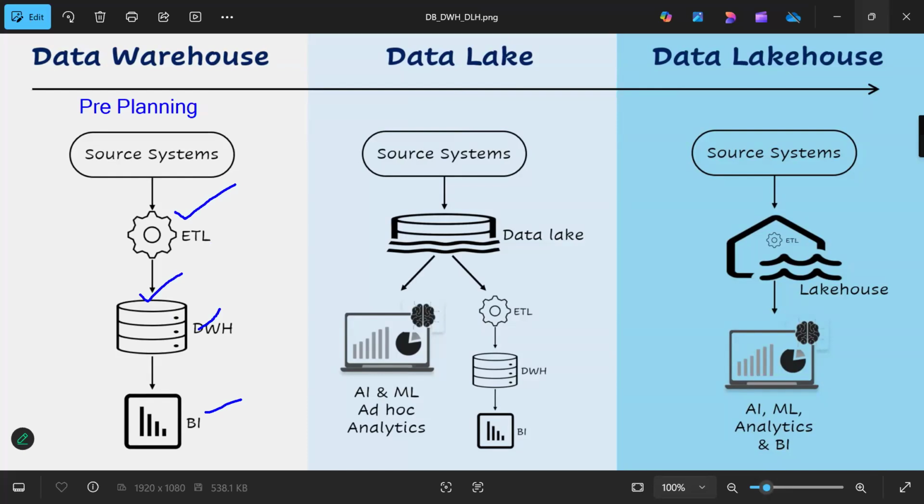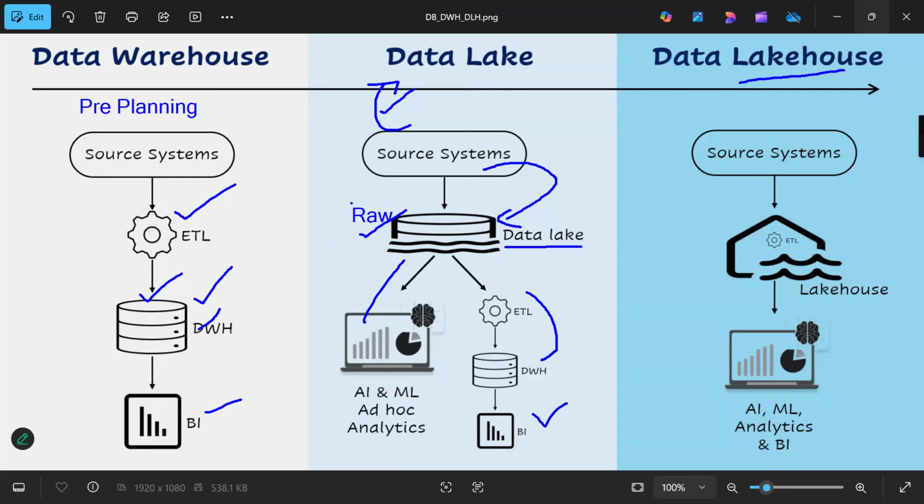But nowadays the data may come in different formats. We cannot assume every time that the source has only one day of data. We stage or land the data in its natural, raw format in the data lake. Any format. In a warehouse we store only structured format; here you can store any format of data. That is called a data lake. You can develop your AI and ML models, load from there to data warehouses, and generate the reports.